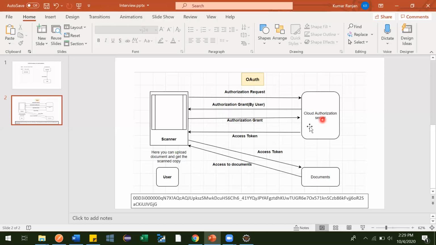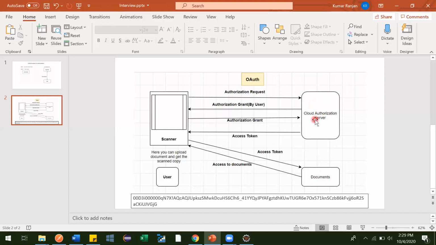Now, after login, when this user logged into this application and the authorization request was raised, the user gave some permissions. Some permissions were noted down by this Google Drive, like whether I should give read access, write access, or delete access and other things. So this user told it: I want to give access only to my documents, and that also read access, not everything. So read access is given, and not to all documents, only a few documents.